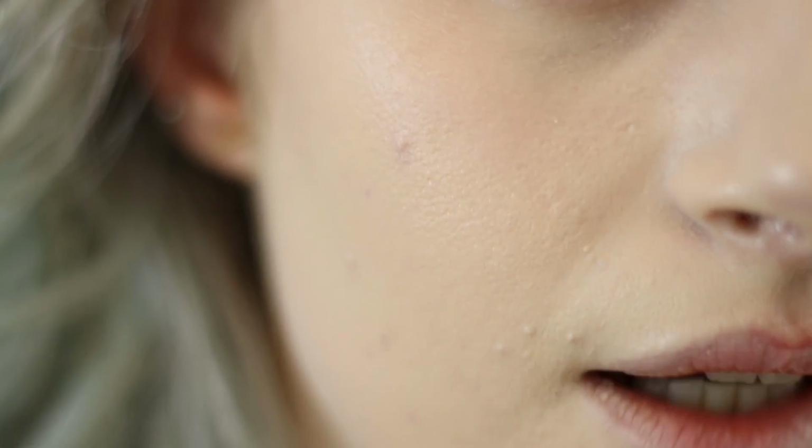Under eyes is where I have the most problem. I have really bad under eyes in terms of texture, so